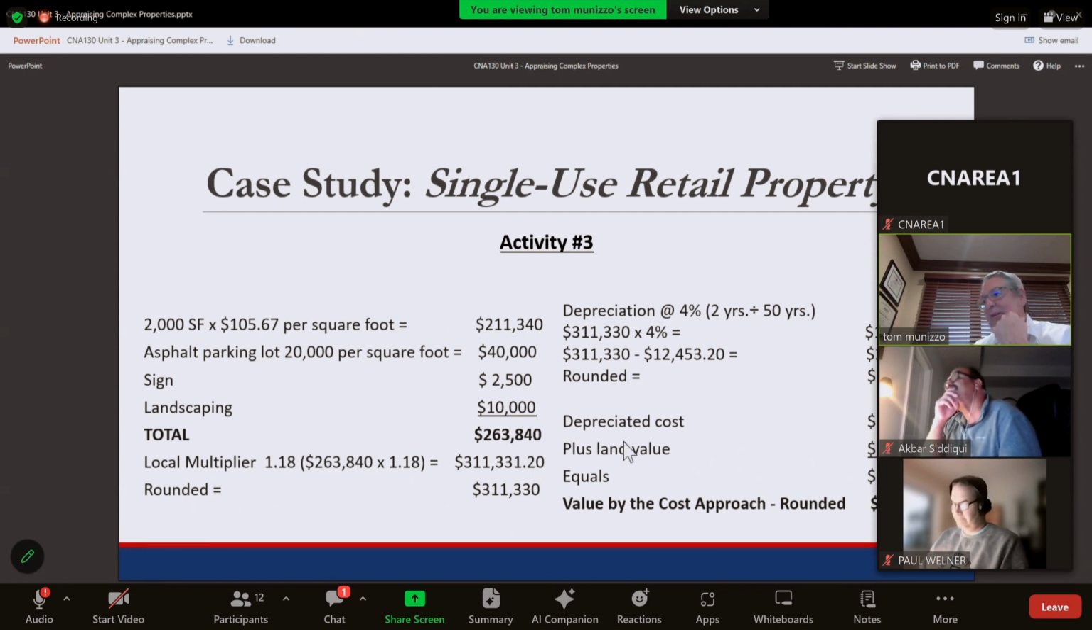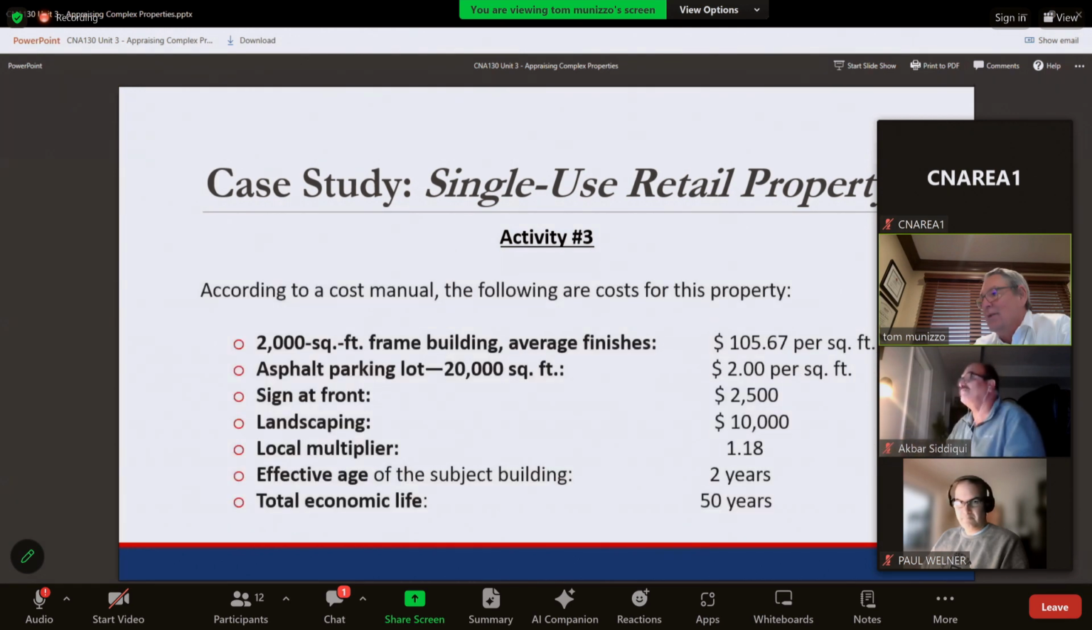311,331. Drop the decimal. We're going to apply our depreciation of 4% to that to give us 12,453, which is going to get deducted from that replacement cost new of 311,330 to give us our depreciated cost of 298,900. We're going to add the land value back in at 85,000, gives us 383,900. We round that to 384. So we have through the cost approach 384, and through